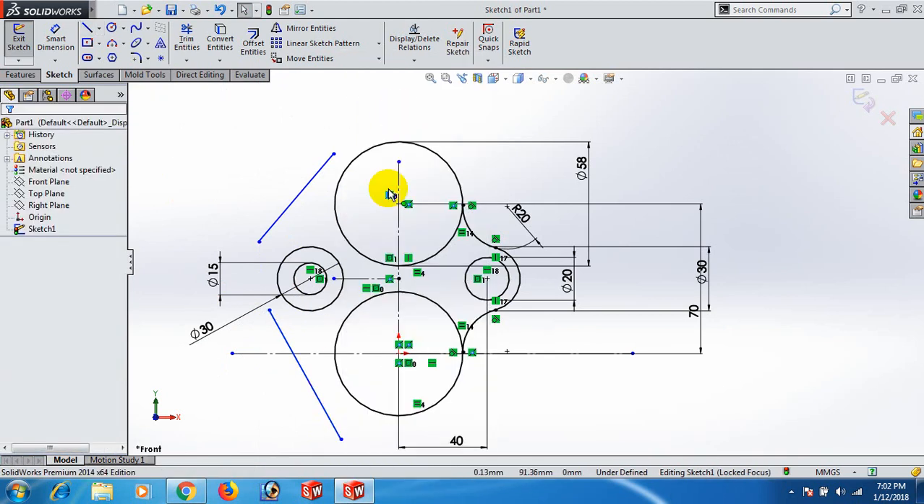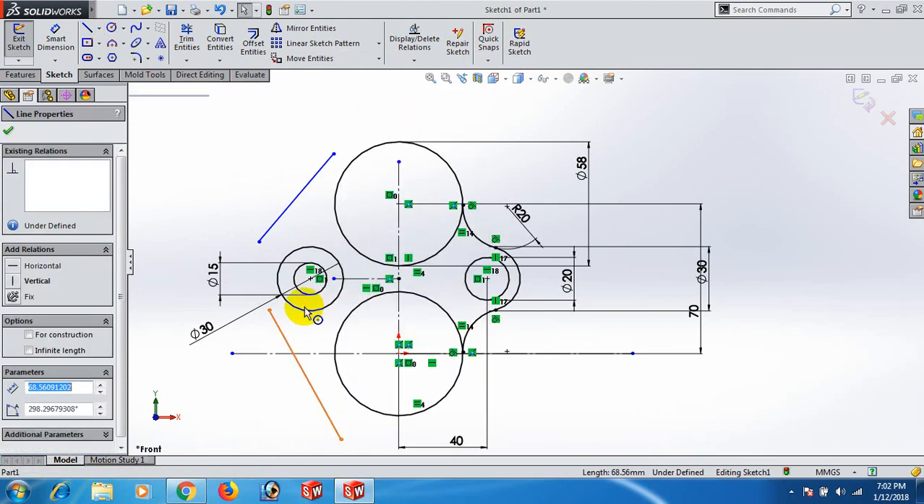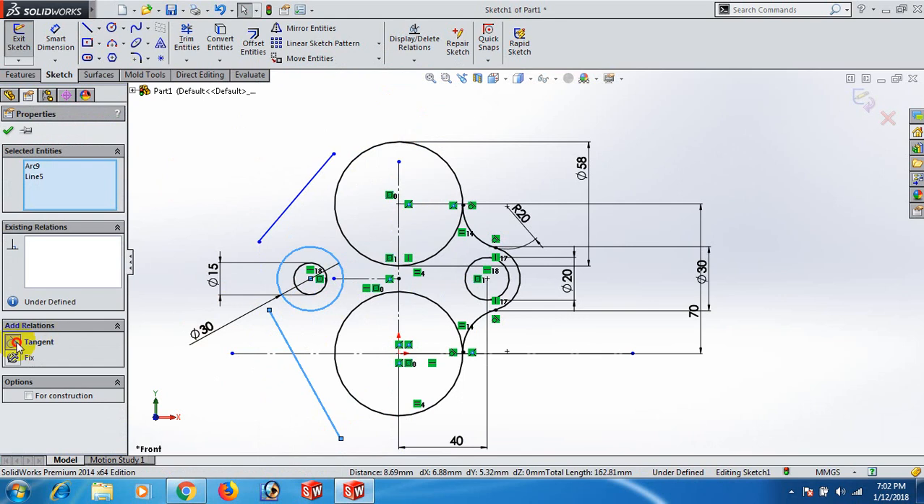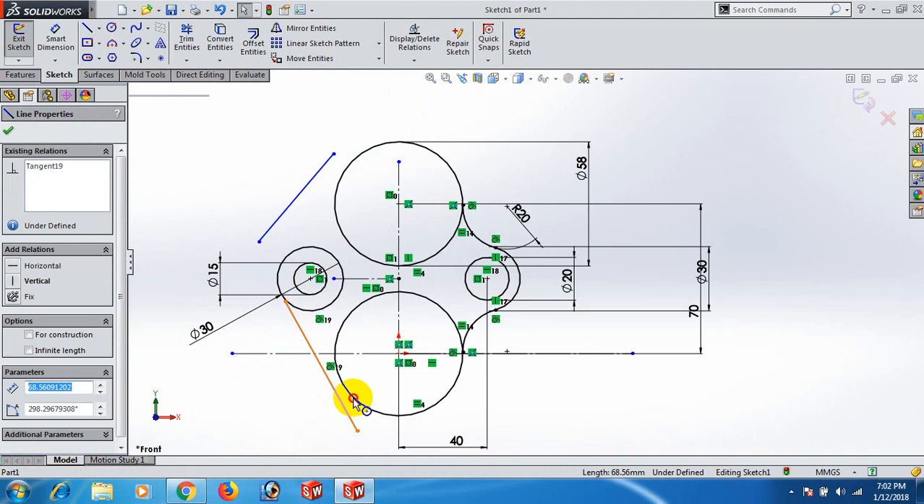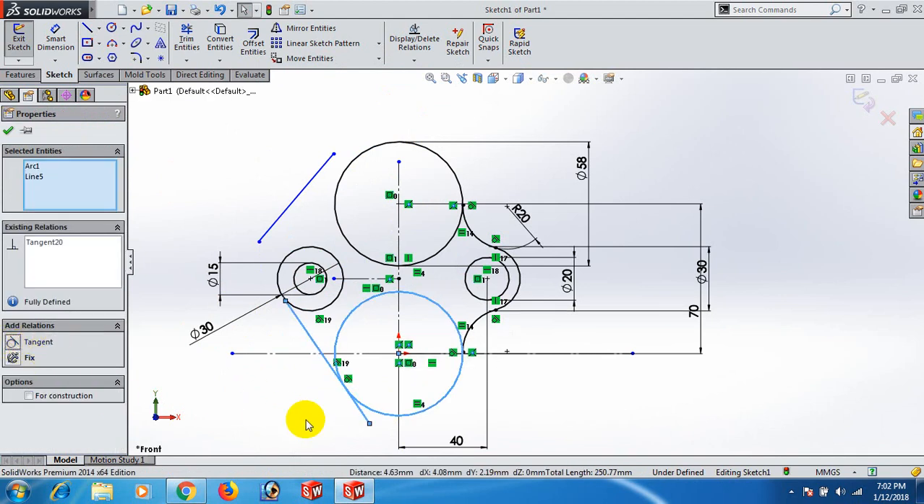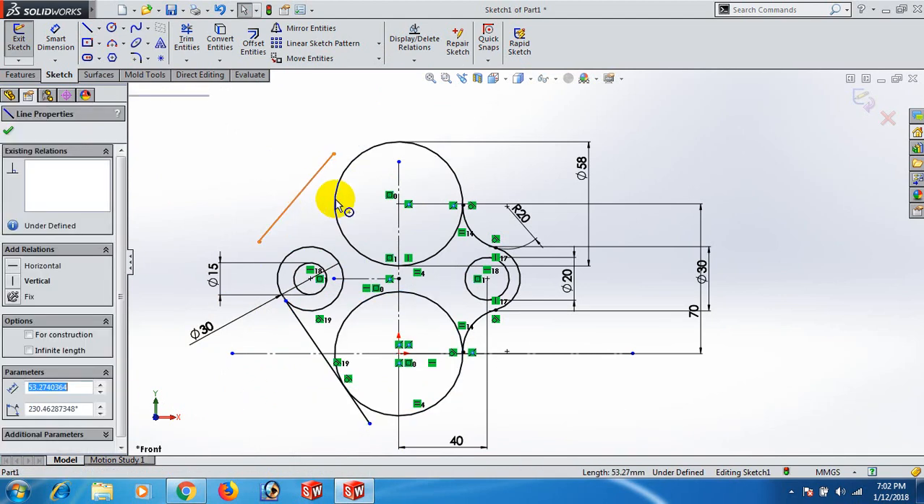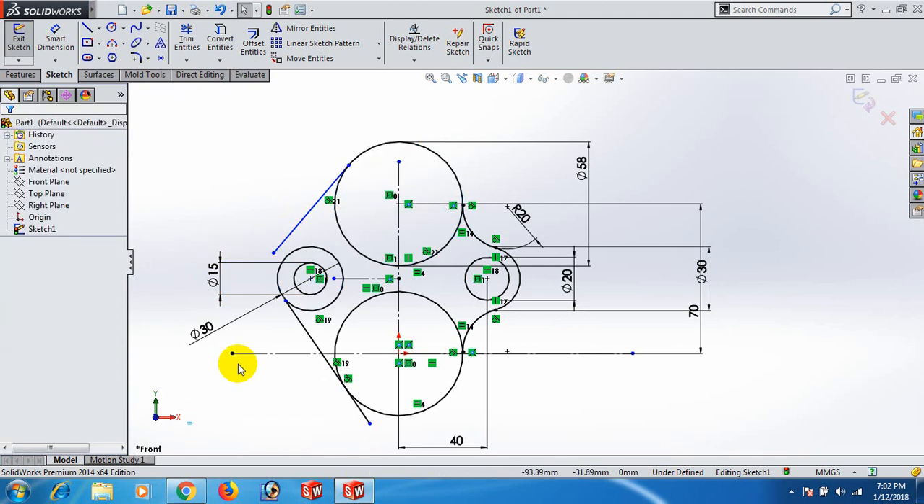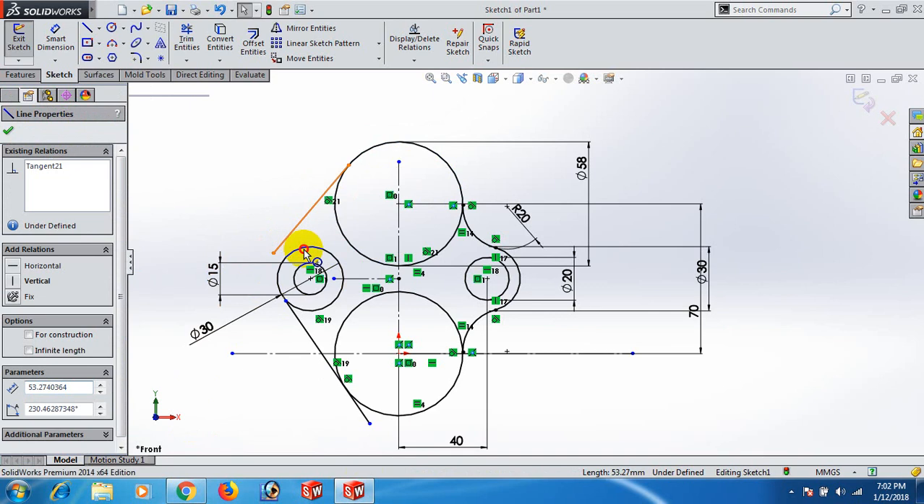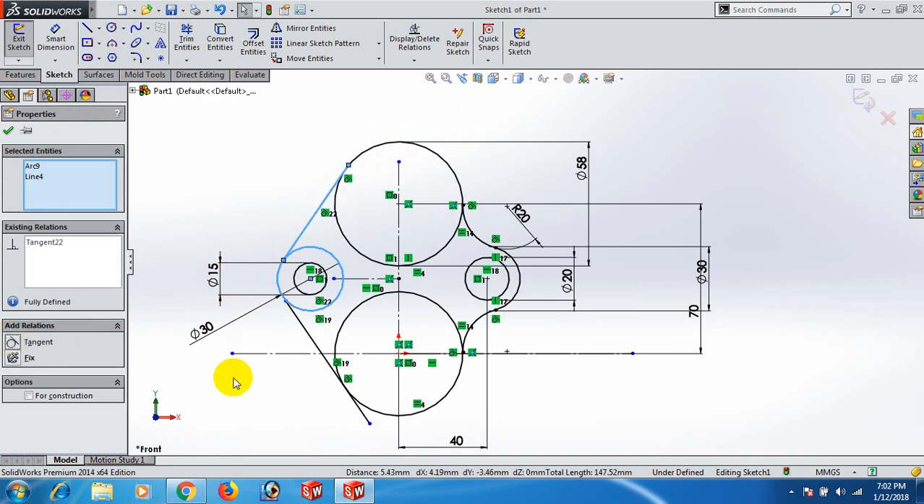Okay. Now this line and this line, tangent. Again this line and this line, this line and this line, tangent. Okay, now this line and this line, tangent. This line and this line, this line and this line, tangent. Okay,